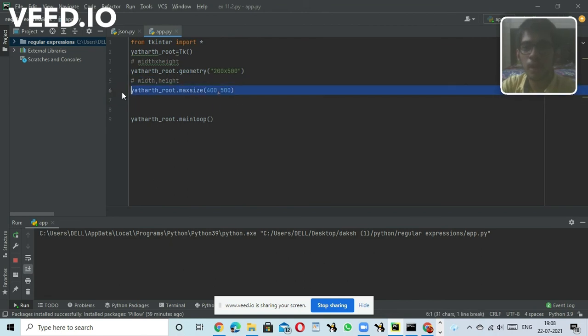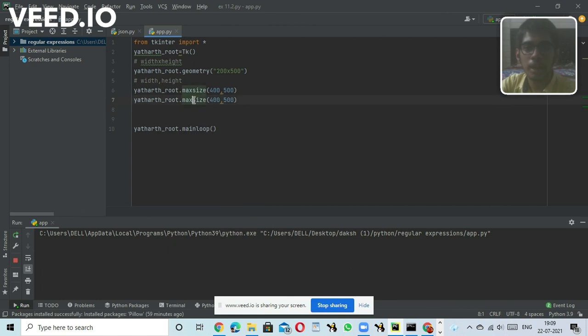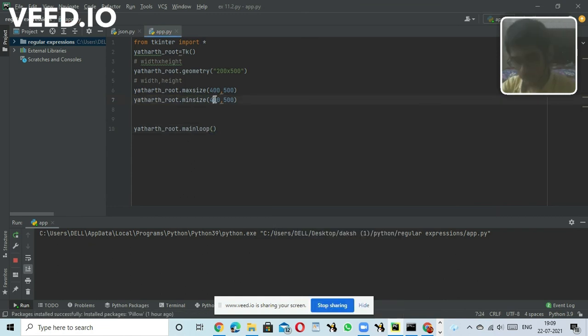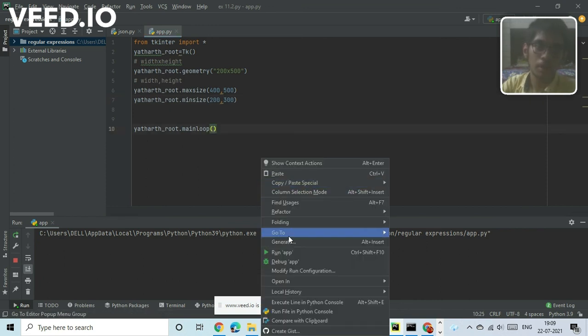Now we are just going to copy this and paste, and I'll just write here min, so min size. Remove this size, done. Done. Now before that we shall change it. No, it will not go. You will not be able to see the changes. Then minimum size will be 300. Done.